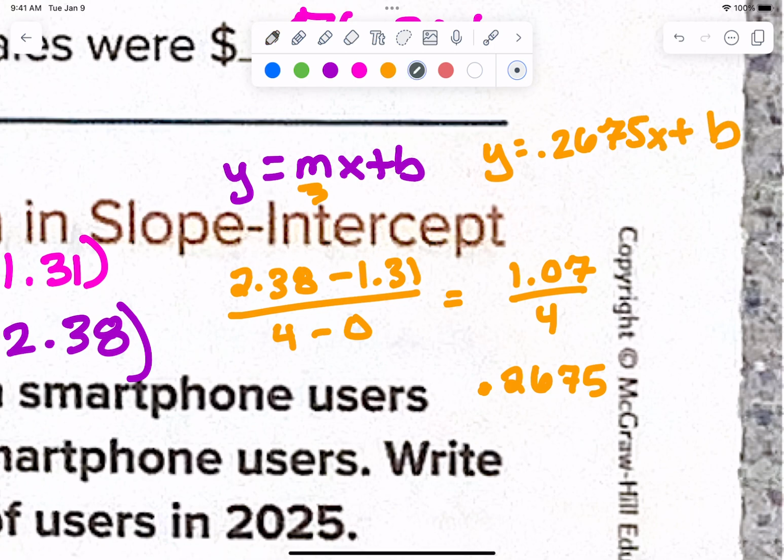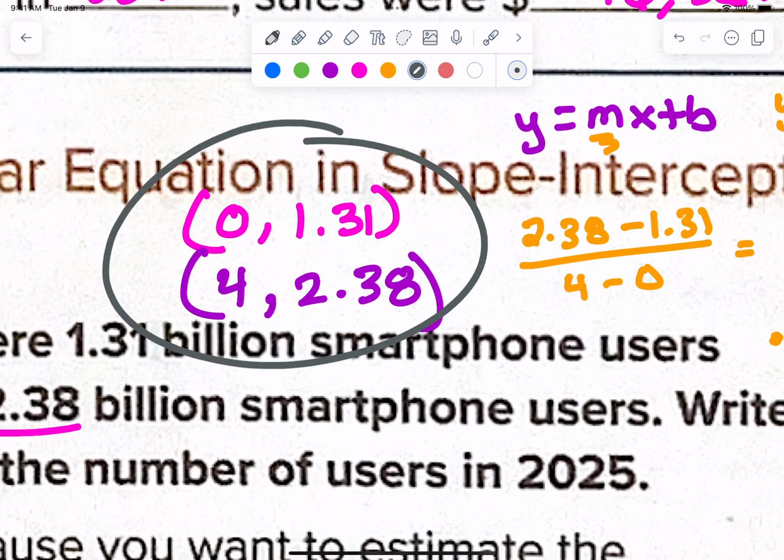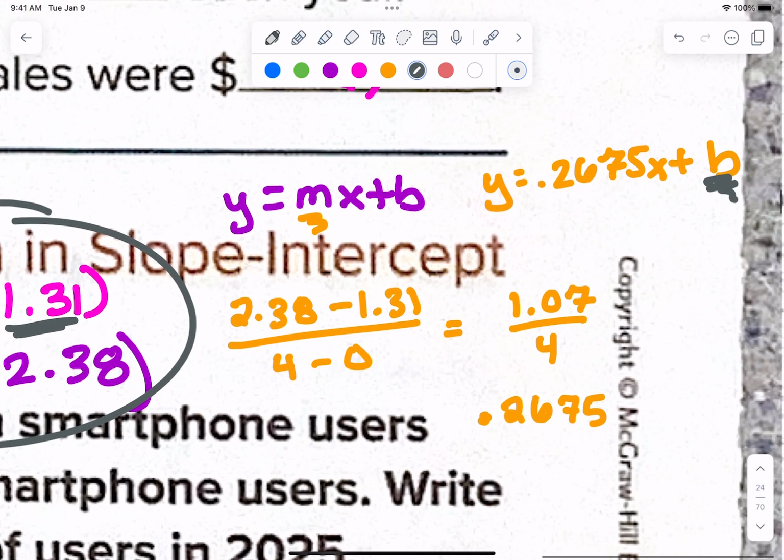How do you find b? You remember doing this? You have to isolate b. So I can plug in one of these points in for x and y to solve for b, right? But we know that if we plug 0 in, it was 1.31. So the starting amount of b was 1.31. So I can just plug 1.31 in for b. Does that make sense? Oh, y equals